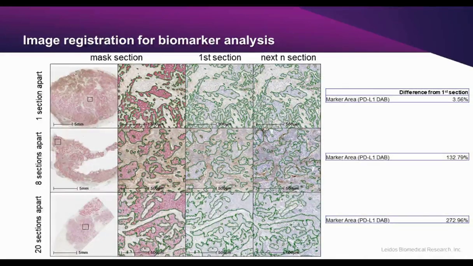It is also noteworthy how marker expression can change from section to section. In this data, we wanted to see how the masked regions of CK positive, denoted by red staining, and the marker expression within here, PDL1 with DAB, would change the more distal we went from the origin section. At one section apart, rather, we do not see a large difference in marker expression, roughly 4%, but by